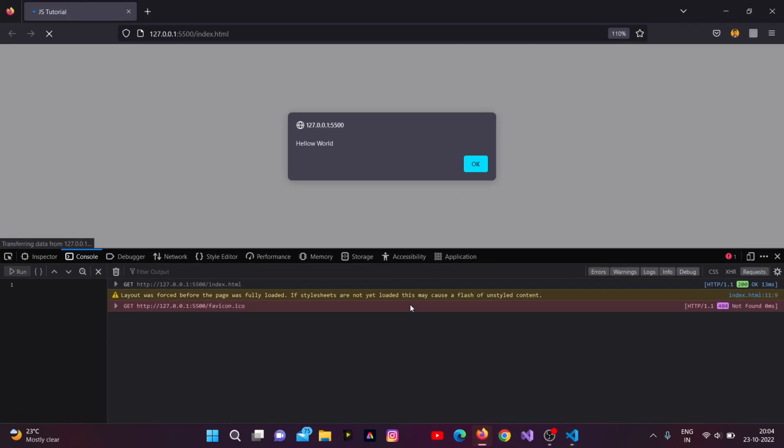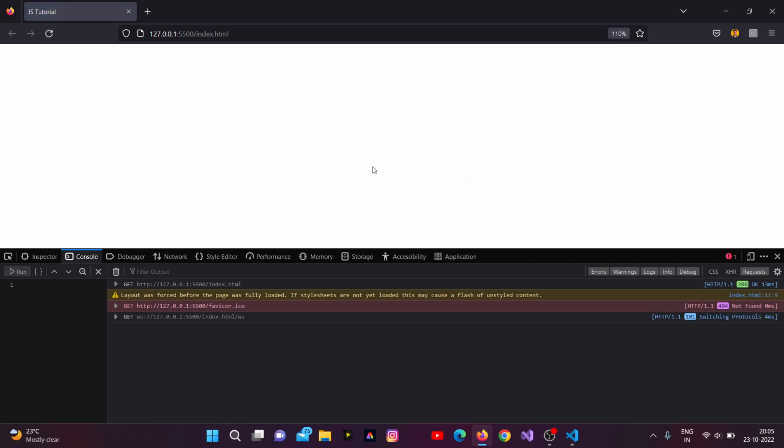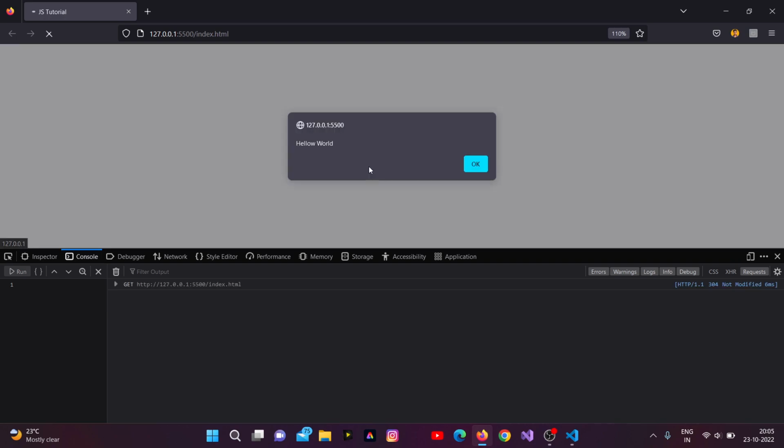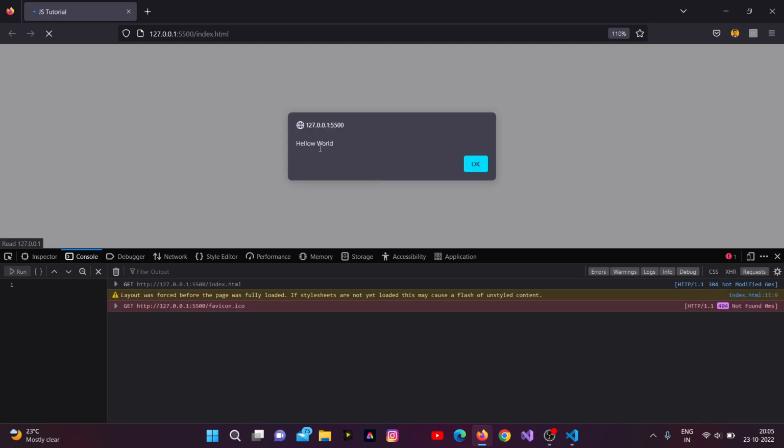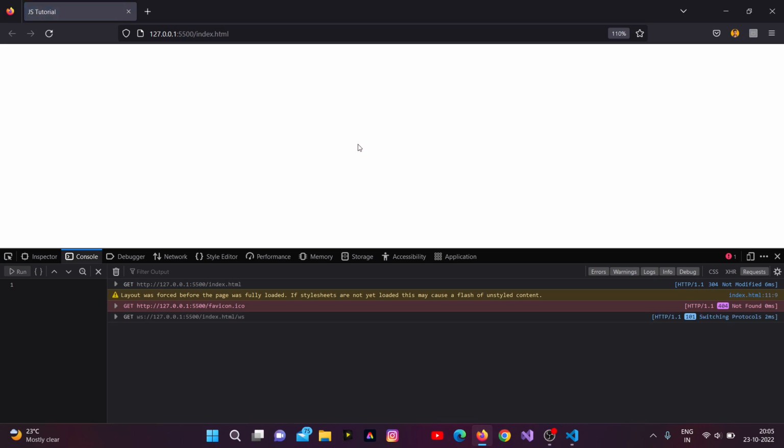And next open your browser, and you can see a notification type message on your browser. This is hello world. You can refresh your browser, just click F5 key, and you can see the notification type hello world in your front browser. Now done second method, and last method is